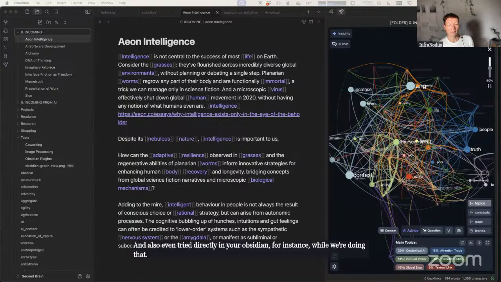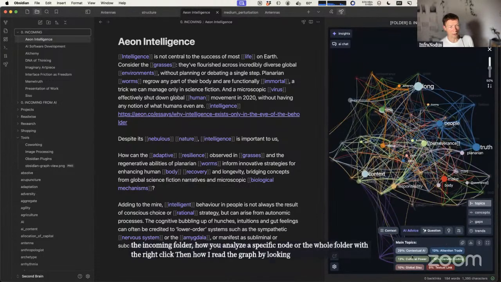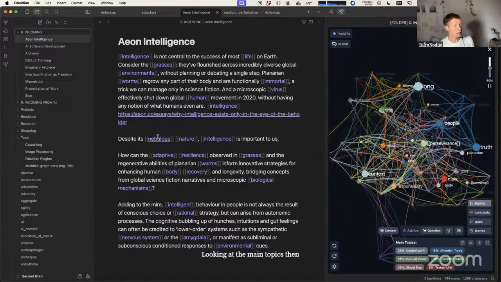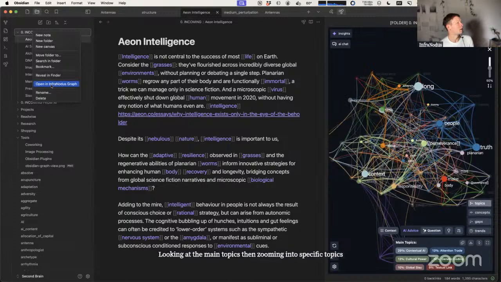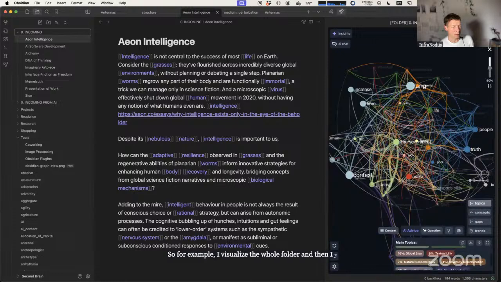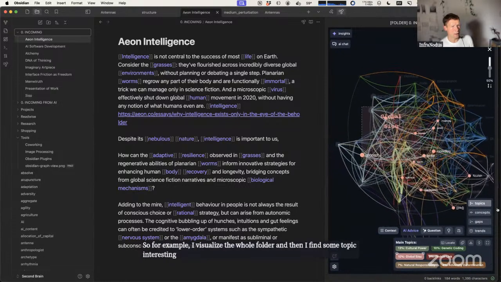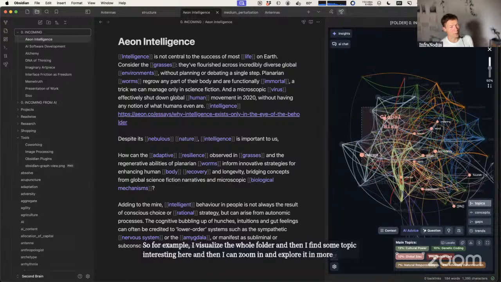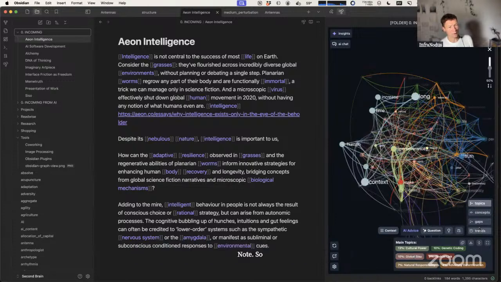So now that we're exploring the workflow, I showed you how you add nodes into the incoming folder, how you analyze a specific node or the whole folder with the right click. Then how I read the graph by looking through it, looking at the main topics, then zooming into specific topics like I do here. So for example, I visualize the whole folder and then I find some topic interesting here, and then I can zoom in and explore it in more detail. By the way, the topics change now because I added more content into the Sisu node, so that's why they're a little bit different. And then the next thing that I do, so once I analyze things, kind of an overview,